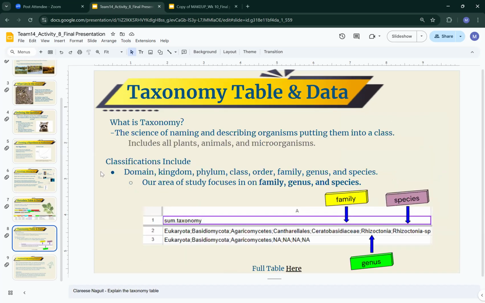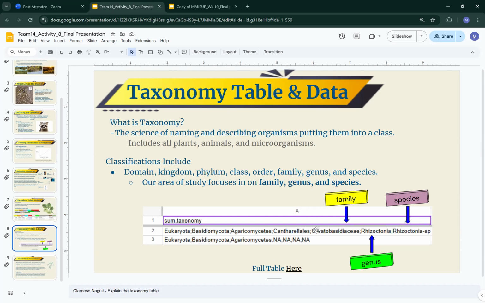And then in our taxonomy table, this is just a little screenshot from it. There's a lot more, but the science of naming and describing the organisms, putting them into a class, is taxonomy. This includes all plants, animals, and microorganisms. There's all sorts of classes, but we're more focused on the family, genus, and species, which you can see